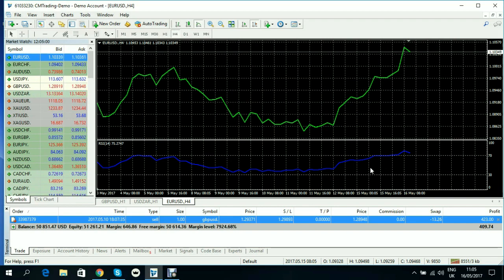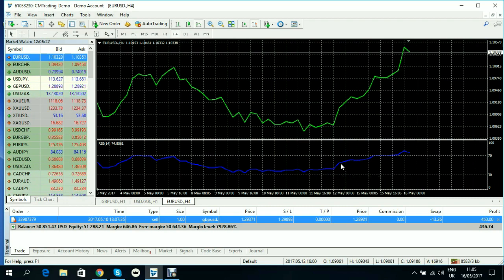And if you use other indicators to confirm, you can go with it. So let's now look at the summary of the RSI. First of all, I said earlier on that a relative strength index, or RSI,